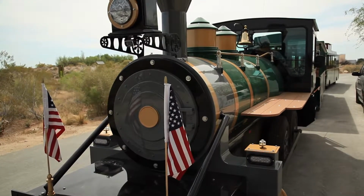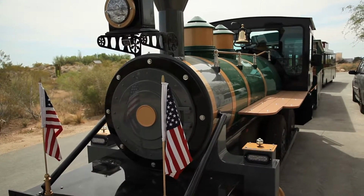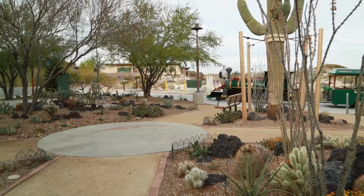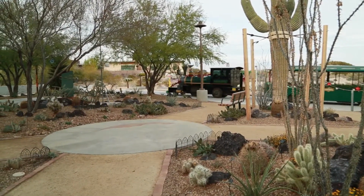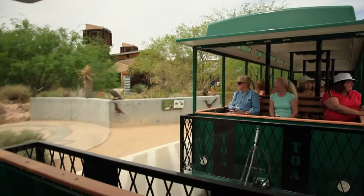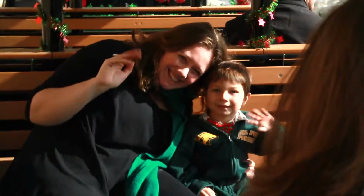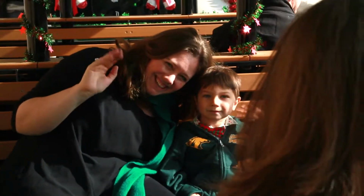So it's the perfect terminal point for a round-trip tour through the preserve's frontier, which will leave riders with a more complete understanding of rail's role in an ancient yet always changing landscape. We have the entire timeline of Las Vegas here now, with the cottages, with the railroad, with the train, and what a fantastic resource, what a fantastic opportunity for people to come out and learn and understand where they are